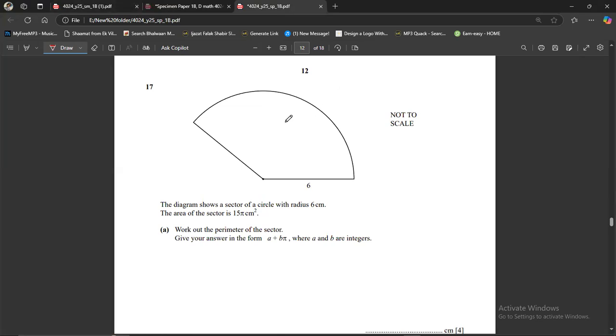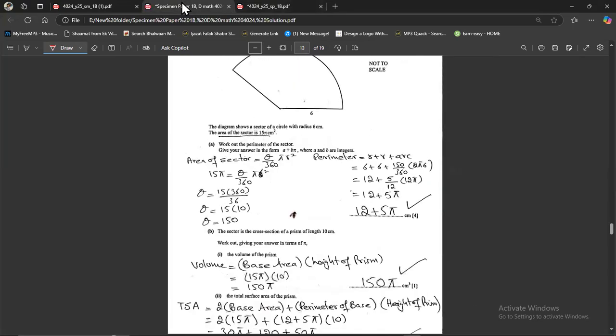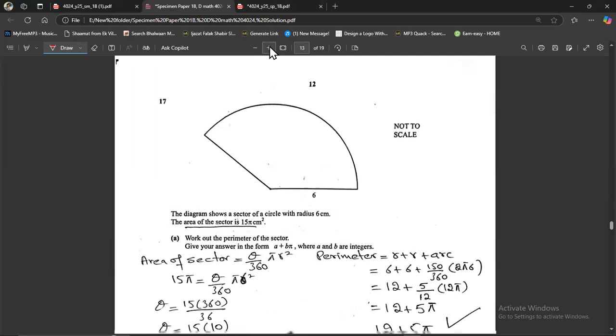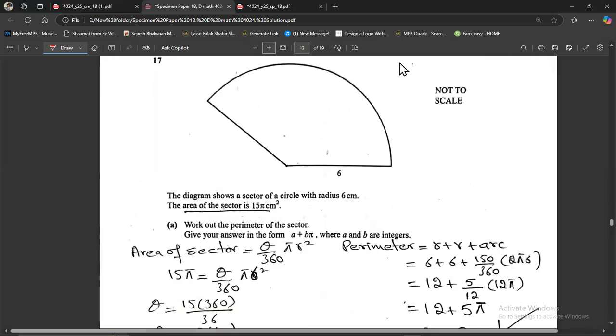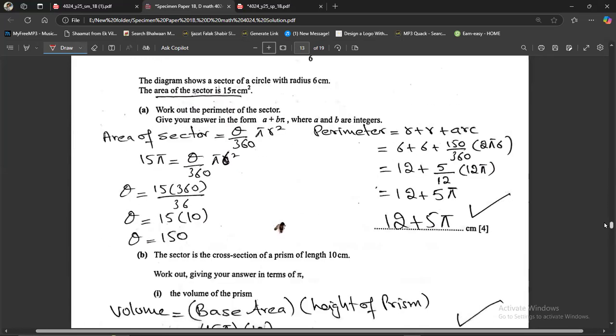Okay, so I know the area of this sector, so I can find the angle at the center subtended by that sector. Once I know the theta, then very easily I can find the perimeter. Finding the perimeter is not a difficulty. So area of the sector is theta by 360 pi r square. And you can see here,